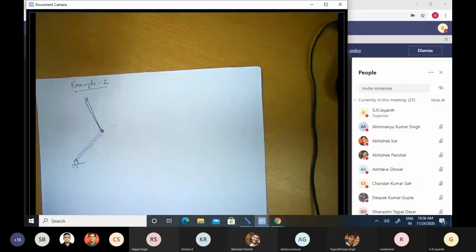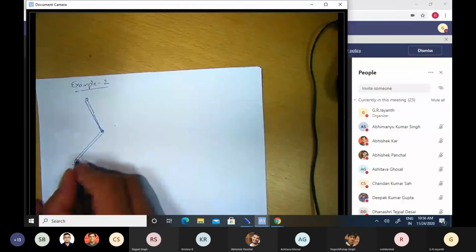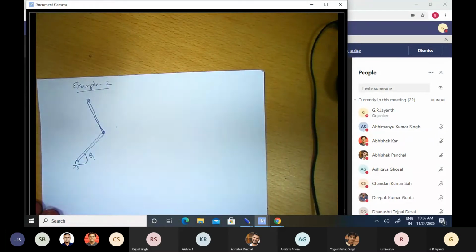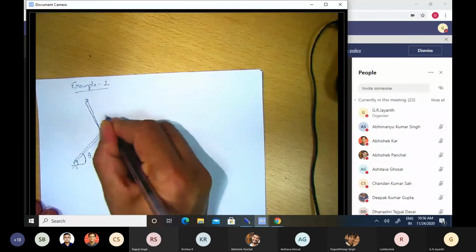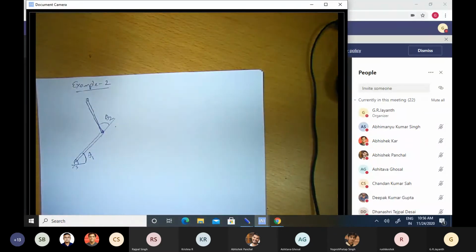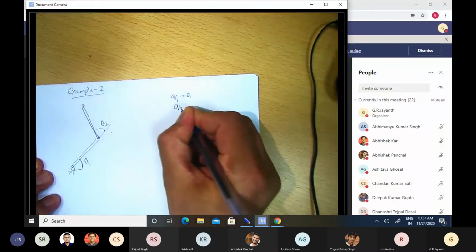So it's a manipulator with 2 degrees of freedom, okay, and it is operating in the vertical plane. So let us attach some variables to describe its configuration. So θ1, the angle that the first link makes with the ground, and θ2, the angle that the second link makes with the first link, are 2 variables which can help to completely define the configuration of this 2R manipulator. So we can choose our generalized coordinates to be θ1 and θ2. Q1 is θ1, Q2 is θ2.